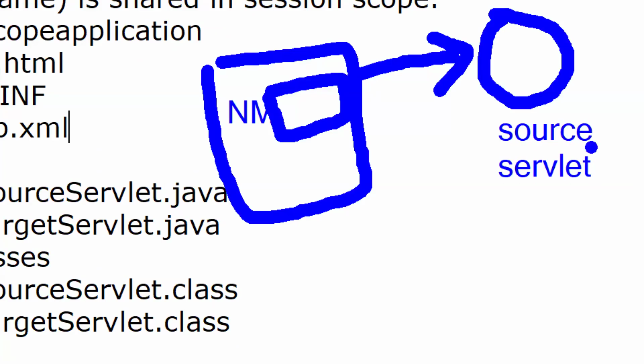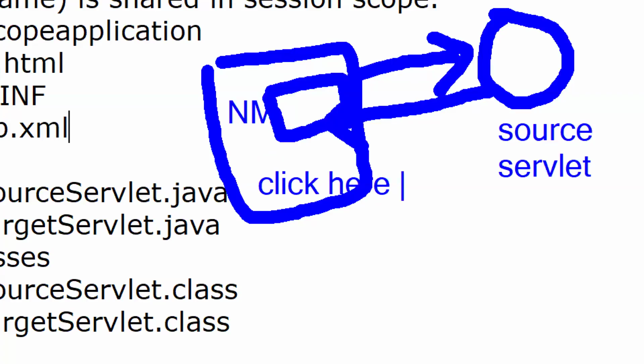You know what this SourceServlet will do? It captures the username, creates the session object, and stores that username in the session object. That's all. And the response it gives is one hyperlink to the user. Hyperlink. Okay.